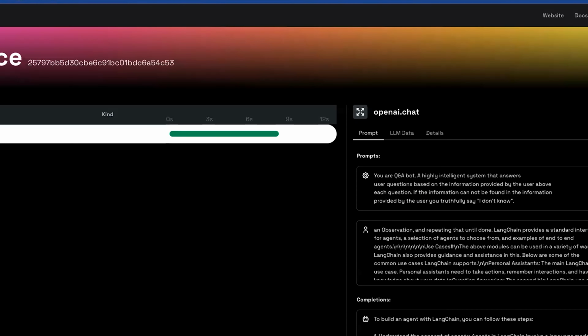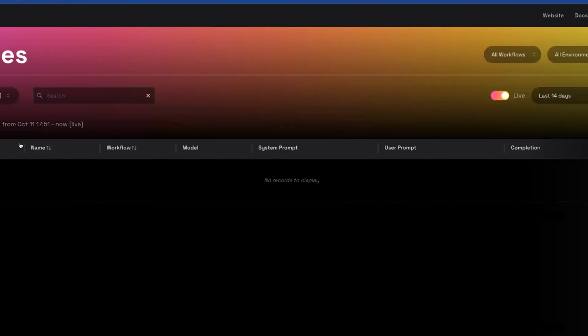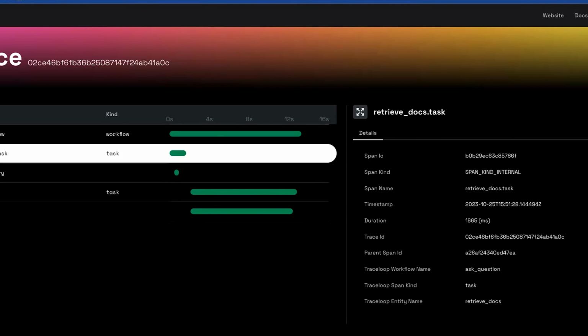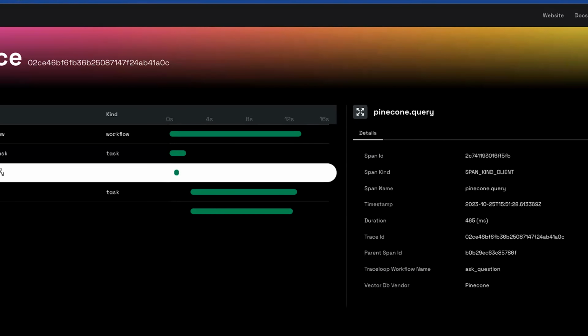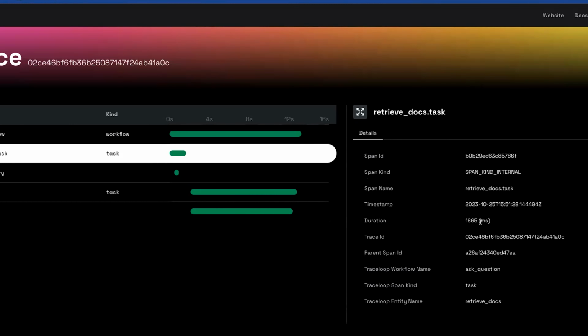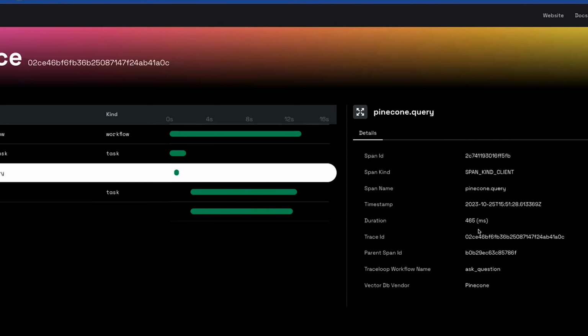And now if we go back to the Traceloop dashboard, we're able to see a workflow. Everything is connected now. You see the ask question, the two tasks, the OpenAI calls. You can see that the overall workflow took about 13 seconds, and most of the time was spent calling OpenAI. The call to Pinecone was only about 1.6 seconds. Very quick. Sorry, this was also including the embedding call, but the actual call to Pinecone was only